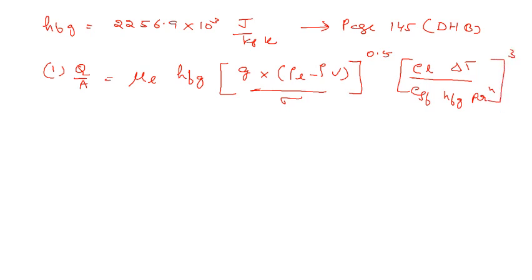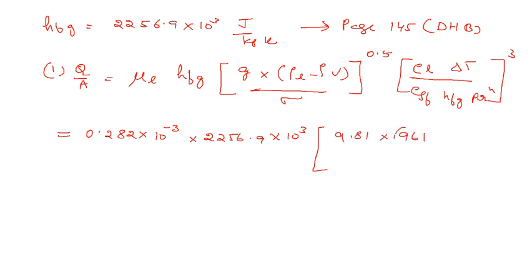So here the first term, if I have to do that one, that is 0.282 into 10 to the power minus 3 into HFG, it is 2256.9 into 10 to the power 3. And the second term, I am writing in the bracket, that is 9.81 into 961 minus 0.598